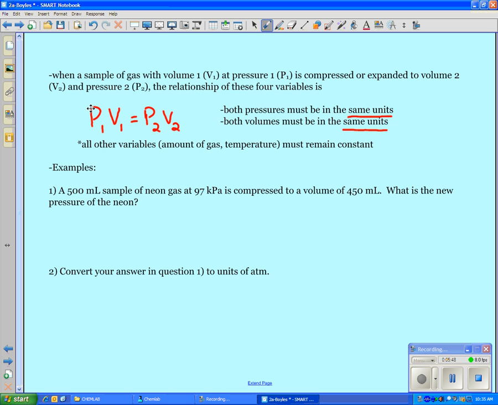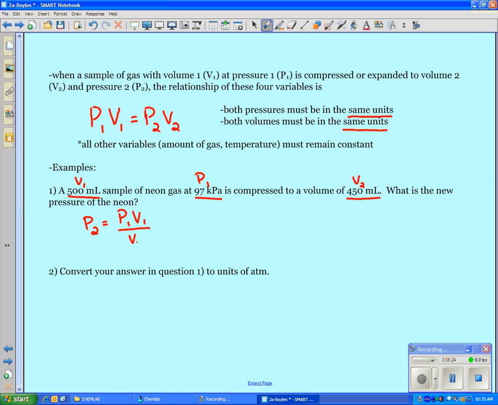First one, we have a 500 milliliter sample of neon gas at 97 kilopascals. So we have volume 1 and pressure 1. And that's compressed to a volume of 450 milliliters. So we have volume 2. What is the new pressure of the neon? So we're looking for P2. That's our unknown. If you rearrange the formula up above, P2 will be equal to P1 times